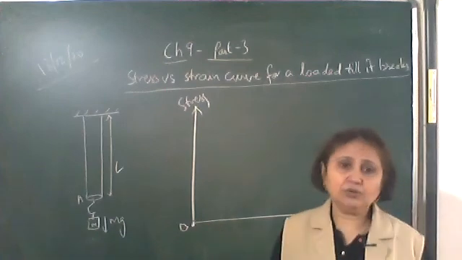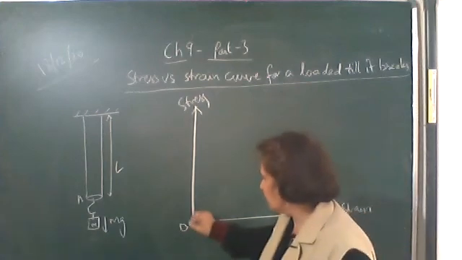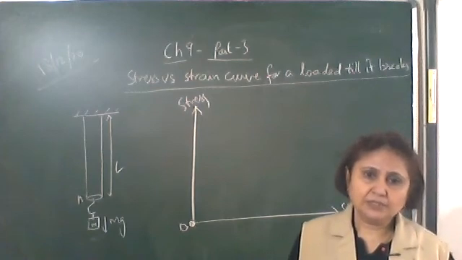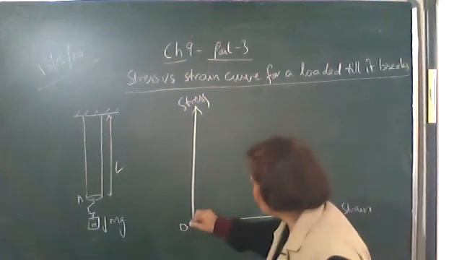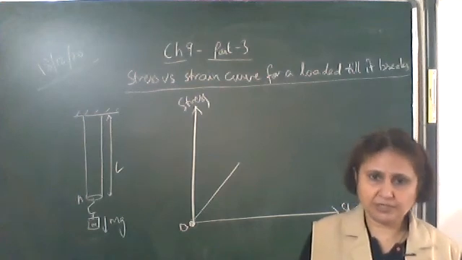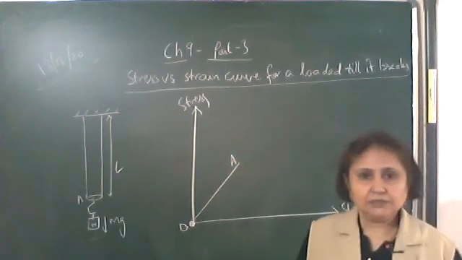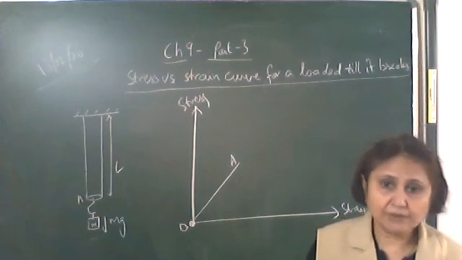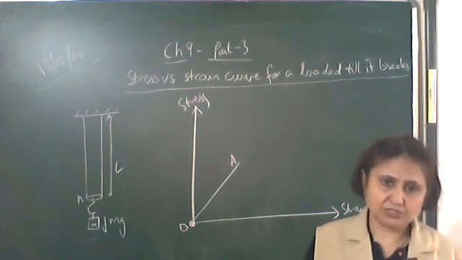When the wire is unloaded, that is, there is no load on the wire, what is the strain in the wire? No strain. It is at its original length. Now as the stress is increased, according to Hooke's law, the strain also increases. The stress is directly proportional to strain. So what type of graph do we get? A straight line passing through the origin having some slope, and what is the slope of the line giving? Here it is a wire, so it will give Young's modulus of elasticity.